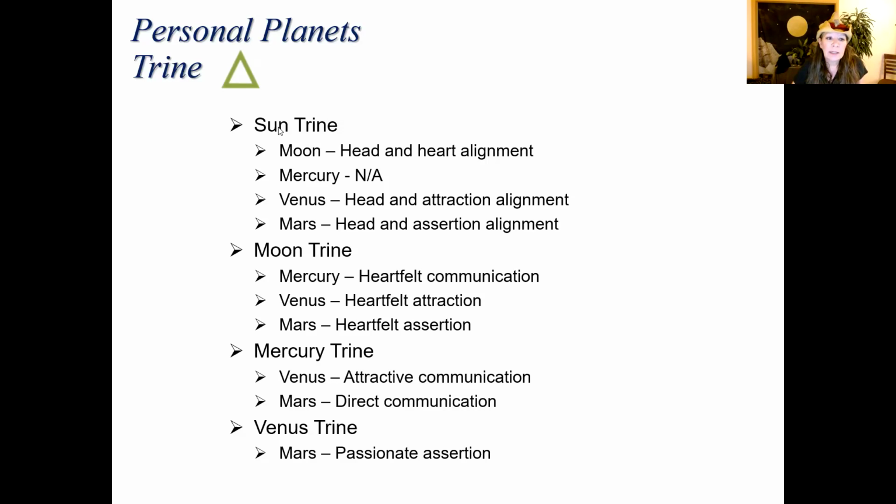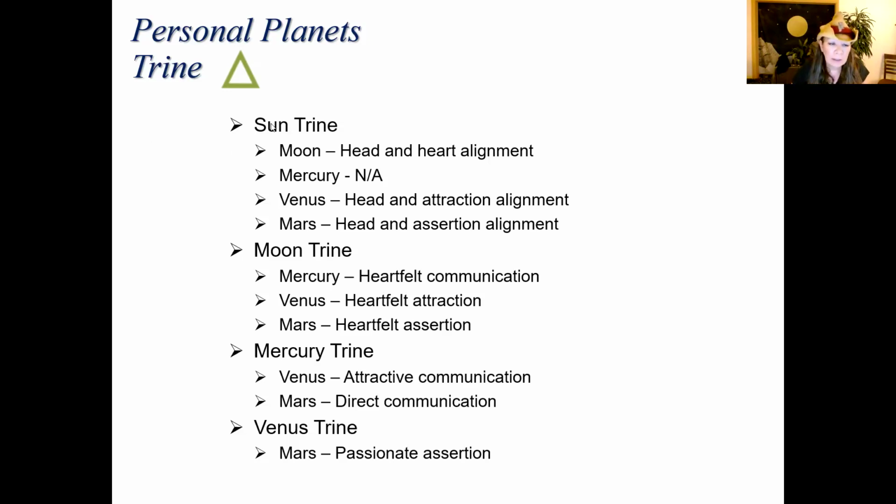So if you have the sun trine the planet Venus, they're in the same element, whether it's fire, earth, air, or water. This means the sun is kind of what you have in your head. It's where you shine the brightest, if you remember the planetary. And then Venus is where you find beauty, how you love, how you want to receive love, what you find attractive. So this is a talent between what you're thinking and your attractions. There's no problem. They're communicating because they're in the same element, either earth, air, fire, or water.